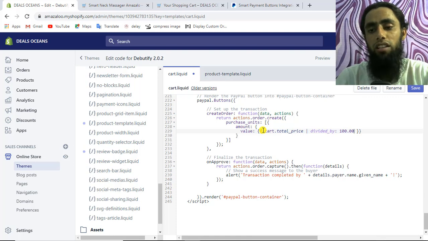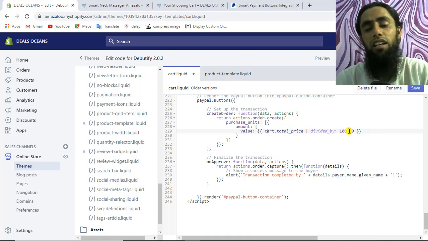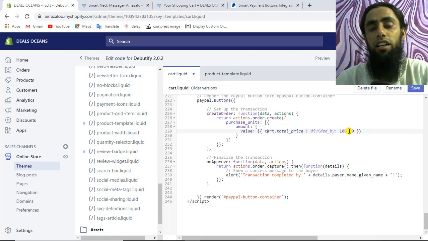So why am I writing this 100.00? Because we will be getting this total price without decimal points. If we add this, then we will get decimal values. Otherwise we will get an integer value using this cart.total_price.